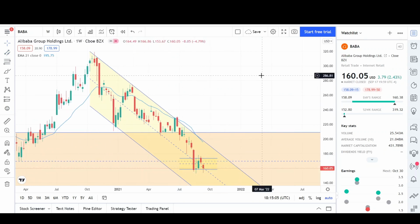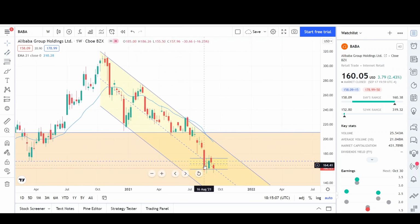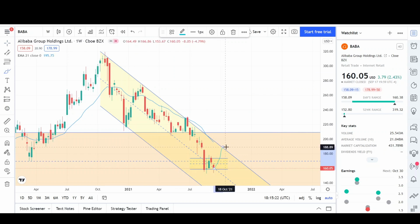We're just going sideways inside of it. See how this big red bar is on the chart, and then the next bars are inside of it. We're not really going in any up or down direction. We're just going sideways. So that could just be a resting period for the buyers to come back in and move the market higher, to come back to retest the upper side of this channel and the EMA,